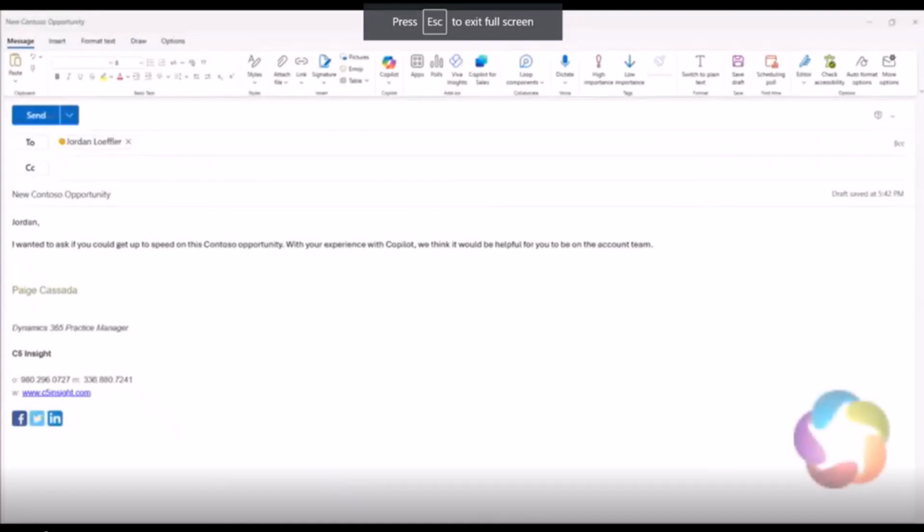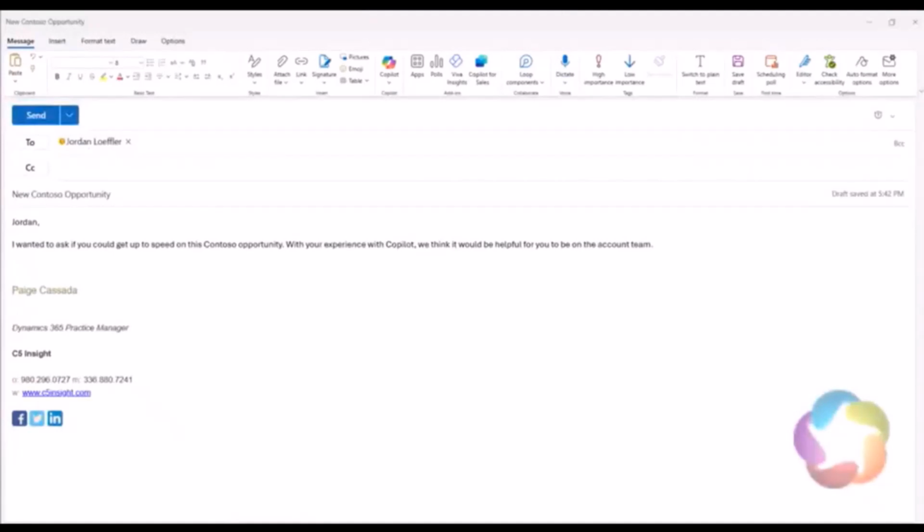D365 Sales for Copilot allows users to share CRM records within email, Teams chat, and Teams posts. Let's see what that looks like. First, in an email, Paige needs to send a quick email to Jordan to bring him up to speed on their new prospect, Contoso. She opens Copilot for Sales, clicks on Search,